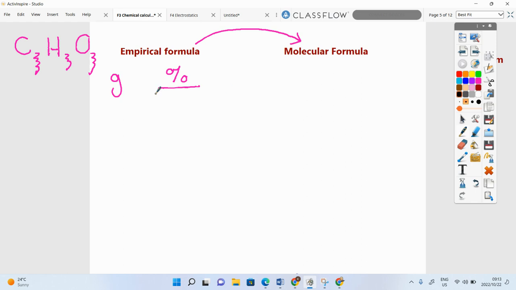Okay, so even if they tell you percentage, you're still going to say, okay, if I had 100 grams. So in 100 grams,